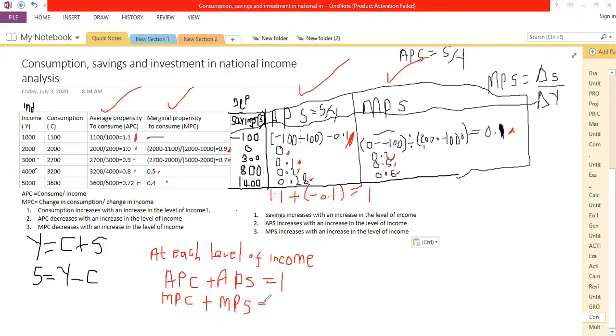Why is it the case that when I take the APC and add it to the APS it is 1, and that when I take the MPC and add it to the marginal propensity to save, the result is still 1? This is because